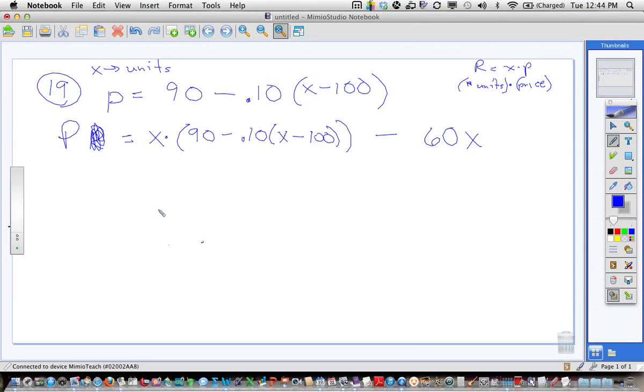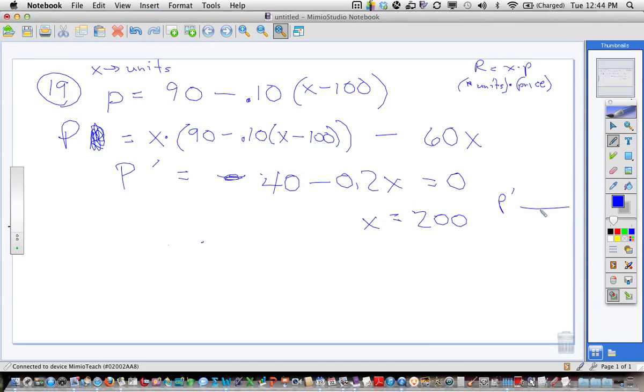Okay, so we go ahead and we do this, and now we do the derivative. So you did that in your calculator. I don't know, what did you come up with? Like 40 minus 0.2x. You set that equal to 0. You solve it. You get x equals 200. Now, you could do a number line here, but we probably do need to consider that 100 barrier,